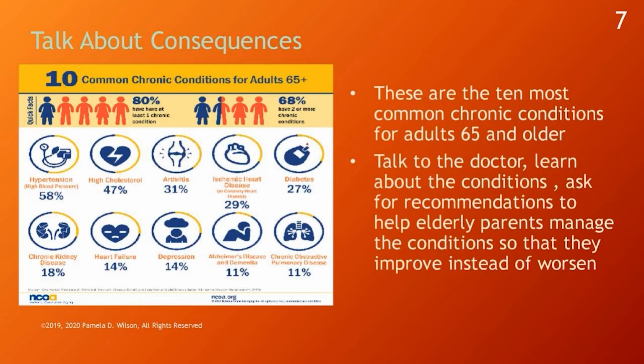Talk to the doctor. Request copies of your blood work that shows these measures so that you have the numbers, so that you know the numbers. Once you start tracking this, look at past blood work, make a comparison. Are your readings or the readings of elderly parents improving or getting worse? High blood pressure can be monitored by the use of an at-home blood pressure machine. You can get these at pharmacies like Walgreens, Walmart, Target, any store.